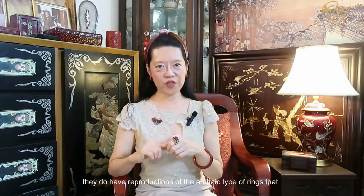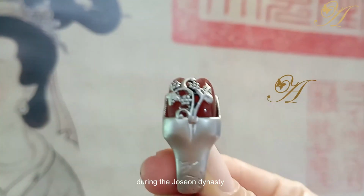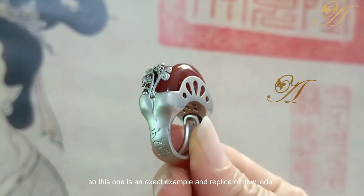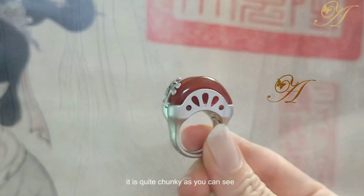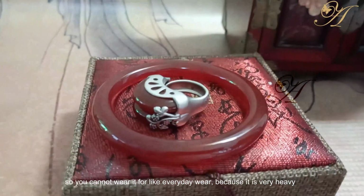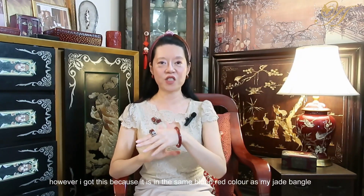I was very much into period dramas, and I was very excited to find that they do have reproductions of the archaic type of rings that they wore during the Joseon dynasty. So this one is an exact replica, an example of how jade rings would have been fashioned in the past. It is quite chunky, as you can see, so you cannot wear it for everyday wear because it is very heavy. However, I got this because it is in the exact same blood red color as my jade